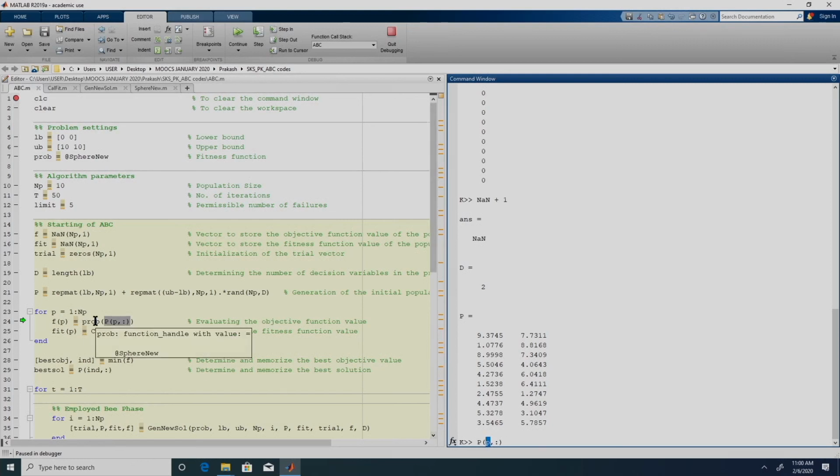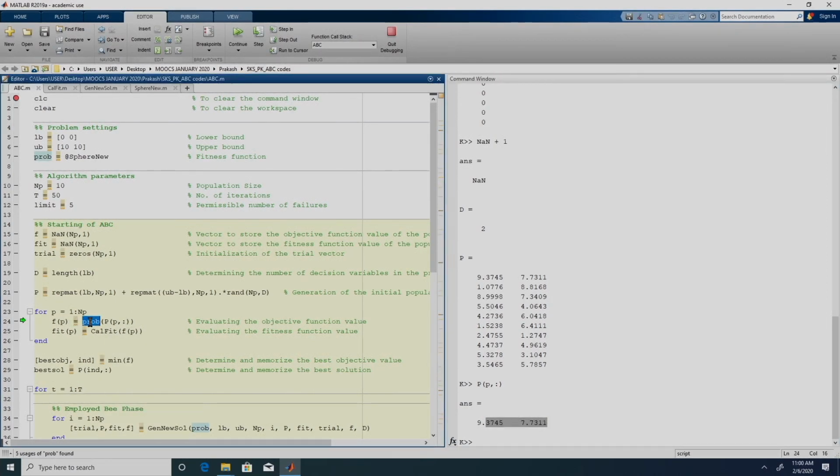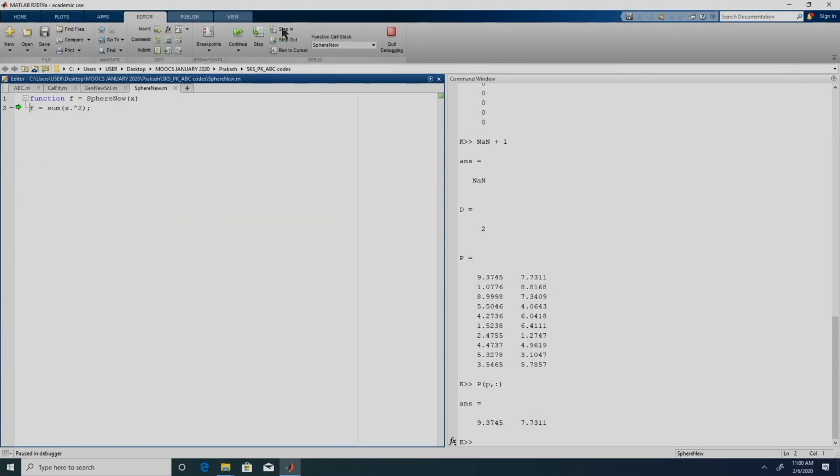We are giving that into this function prob. Here, if we see, it is 9.3745, 7.7311. Those 2 values are being sent into this function prob. If I step in, here x has the same values 9.3745 and 7.7311.